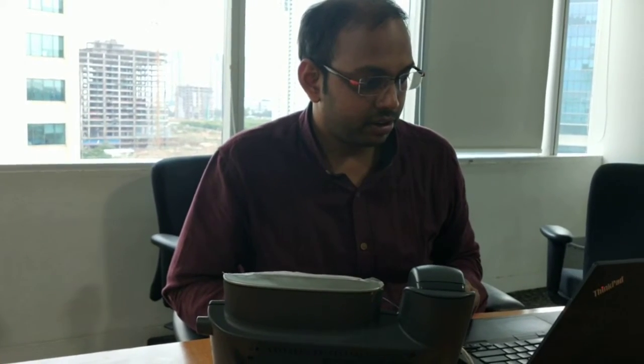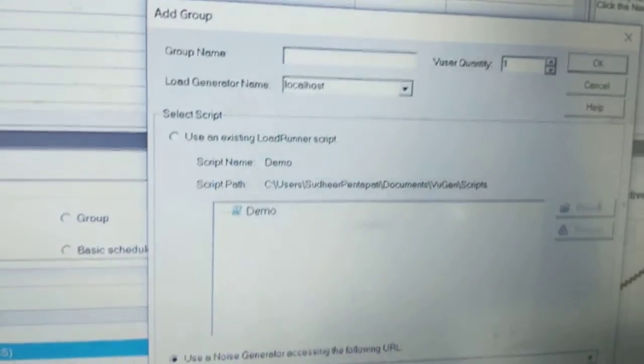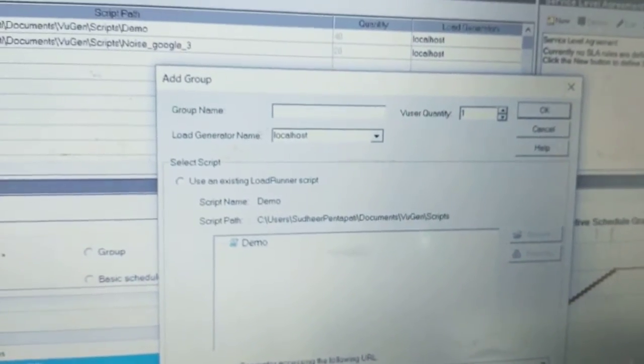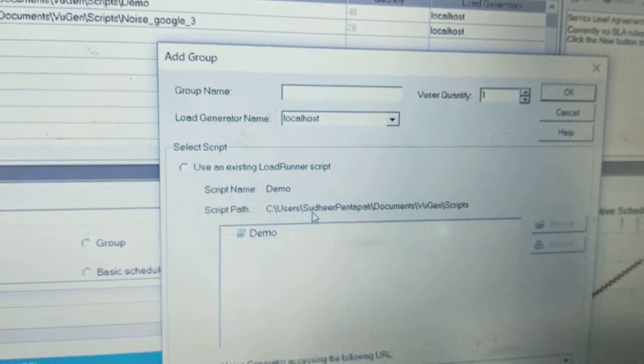So this is the LoadRunner scenario that we have. Most of us, or every one of us here, is familiar with the screen. When we add a group here, we can see "Use noise generator accessing the following URL." So here we give the required URL,